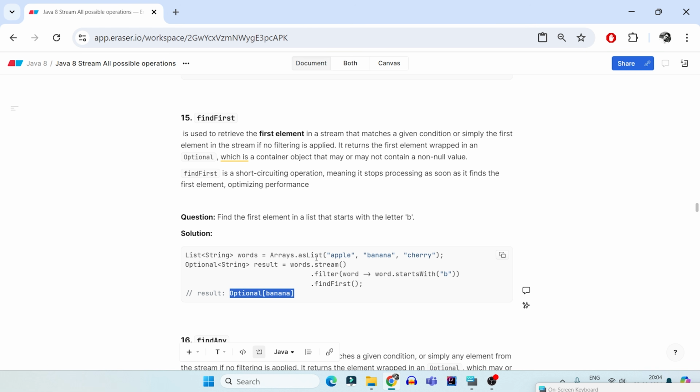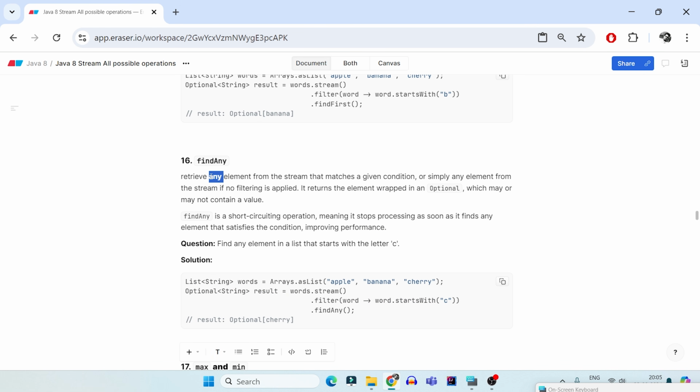Now you can consider a case that my list of fruits is empty. In that case, in the filter, nothing will work, so the findFirst will also return nothing. In this case, you will have an empty Optional. There will be nothing in it. In that case, you have the chance of not getting the null pointer, because you are checking if the Optional is empty. If it is not, then only get. Otherwise, go on and do some other task.